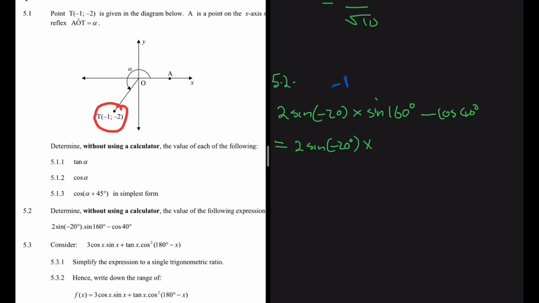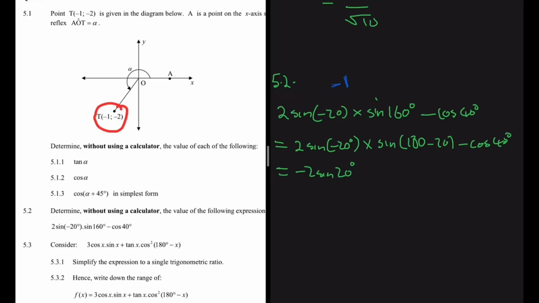So what can you do to sine of 160? We know fully well that sine of 160 is basically sine of 180 minus 20 degrees, and then minus cos of 40 degrees. Let's leave cos of 40 degrees like that just for the moment. So 2 sine of minus 20, that's the same as minus 2 sine of 20 degrees. And then sine of 180 minus 20,